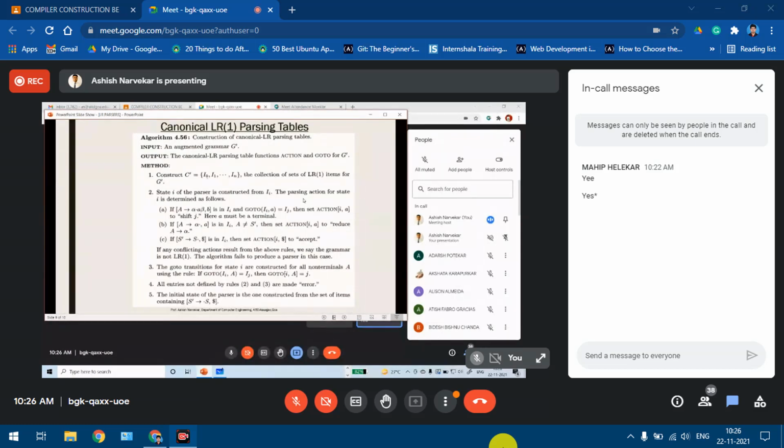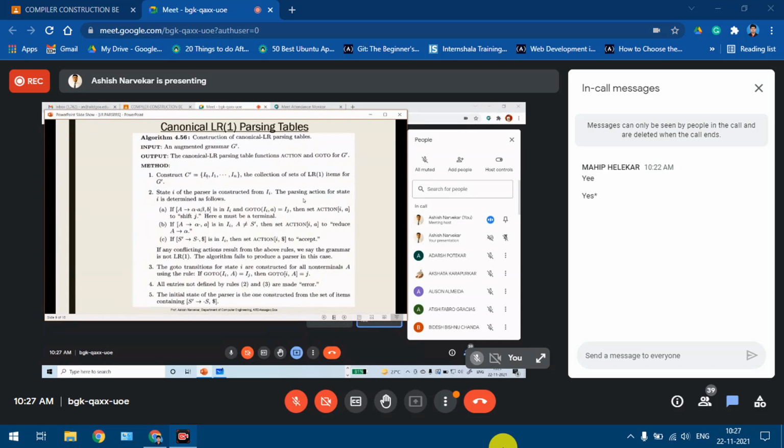So in that case, you set action of I comma a, that is action of 0 comma capital S, equal to shift j. This part is considered for the action part. In this case, we cannot consider the first augmented production because it has a capital S. If there is an item in which the small a corresponds to a terminal, then you set the action of I comma that terminal to shift j. Shift j is written as S with a subscript number. Here a must be a terminal.